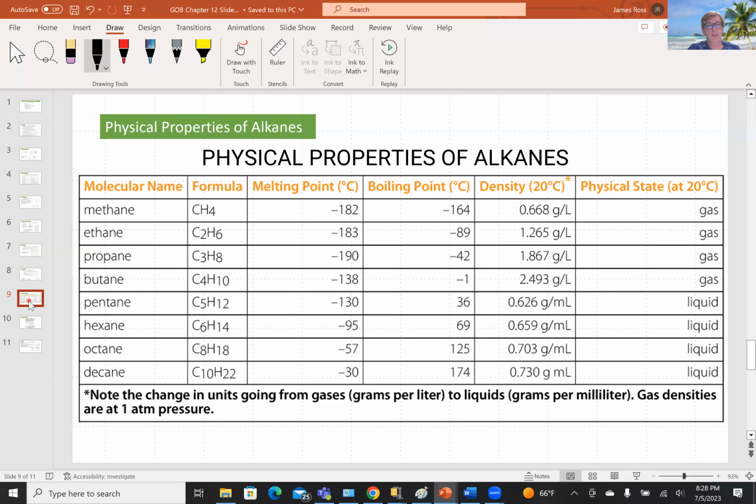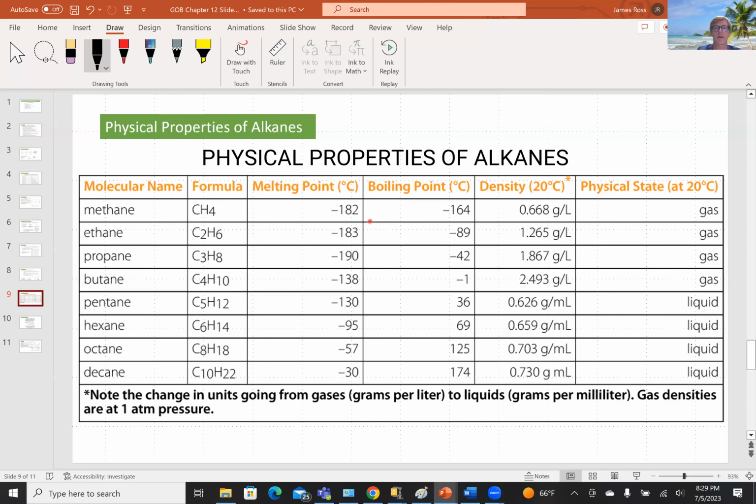Okay, so that's some nomenclature, physical and chemical properties. So physical properties first. So if we look at 1, 2, 3, 4, 5, 6, 8, 10. So this is 8, an almost complete representation of all 10 of them. It's skipped 7 and 9 out for random reasons. But anyway, as you can see, as the number of carbons and hydrogens increases going down this group, the physical properties increase. So what's happening here is that,